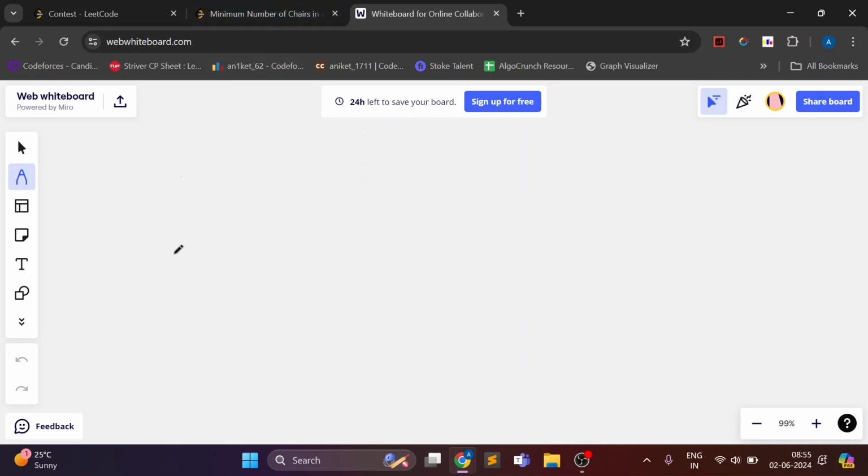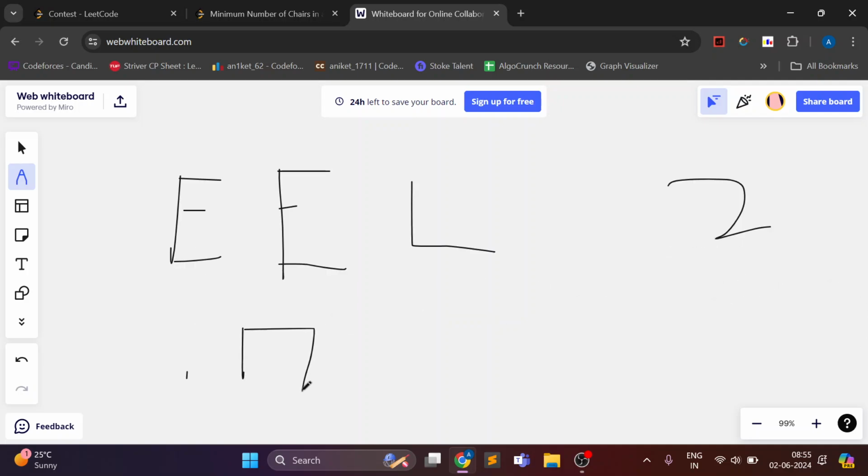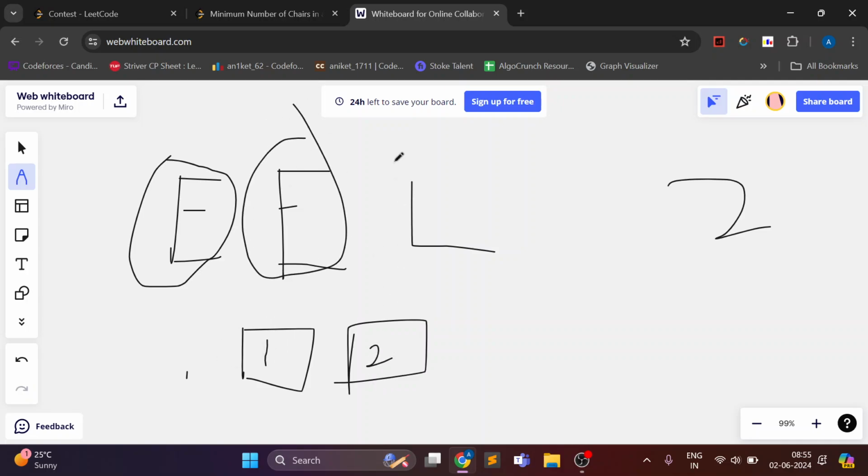So let's say e and l, that means person 1 is entering and the answer for this case would be 2. Now if we fix, let's say, 2 seats in the waiting room, this person comes and sits on this chair, and this person comes and sits on the second chair, and when a person leaves, let's say this person leaves, this is now free. So in two chairs